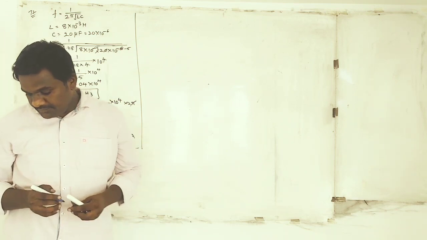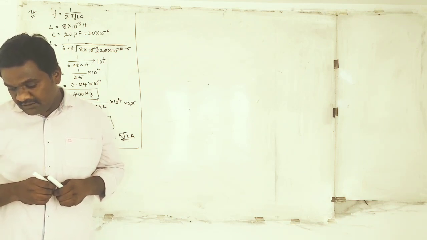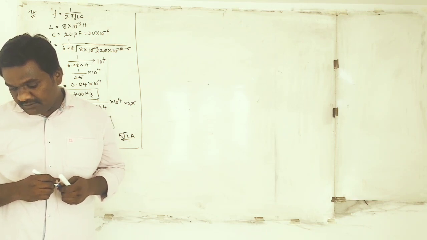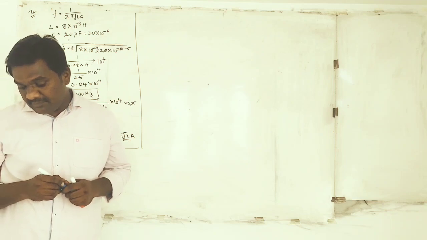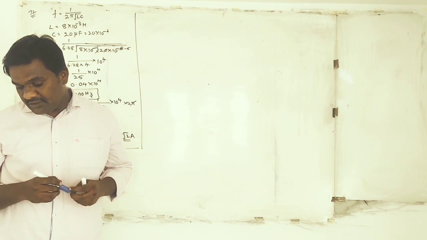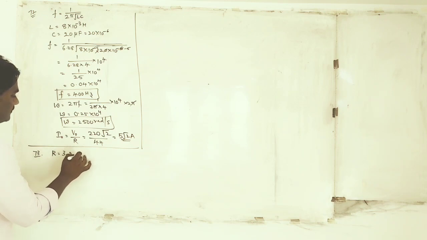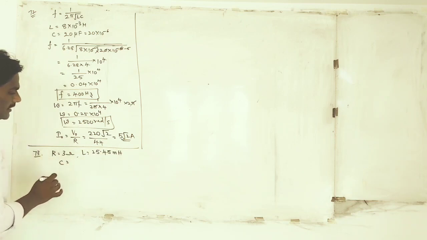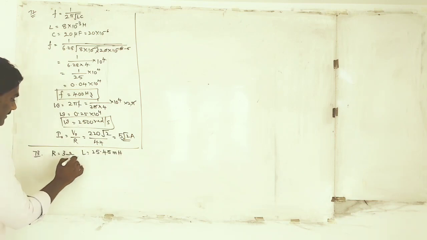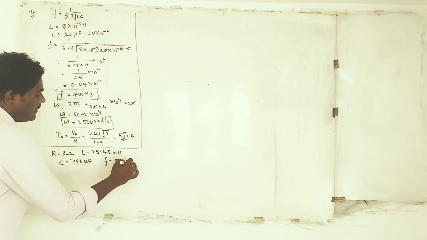See what is there in the question? A sinusoidal voltage of peak voltage V0, 283 volts, and frequency 50 Hz is applied to an LCR series circuit where R is 3 ohm, L is 25.48 millihenry, C is 796 microfarad. Then the impedance of the circuit they are asking. So take out the R value, they have taken as 3 ohm, L is 25.48 millihenry, and C they have given as 796 microfarad. The frequency they have given is 50 Hertz.